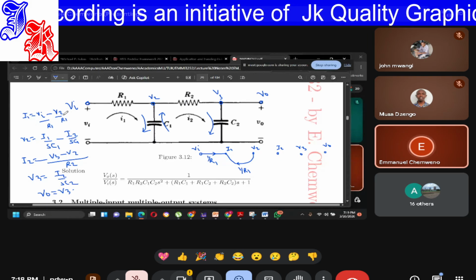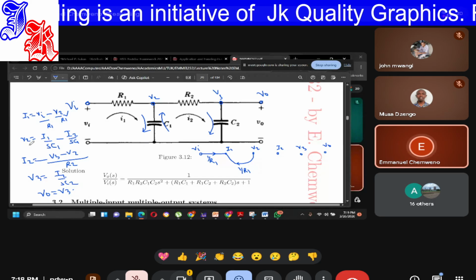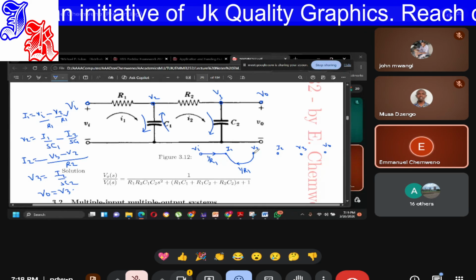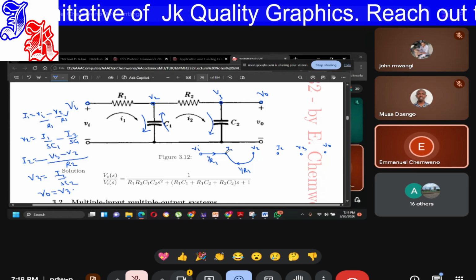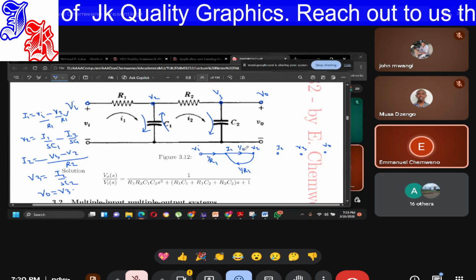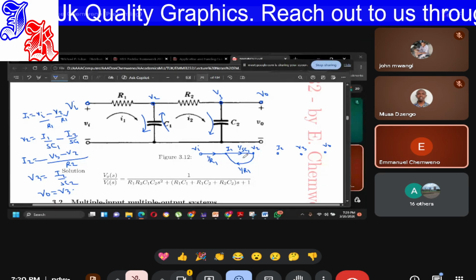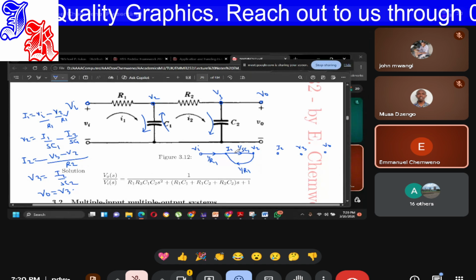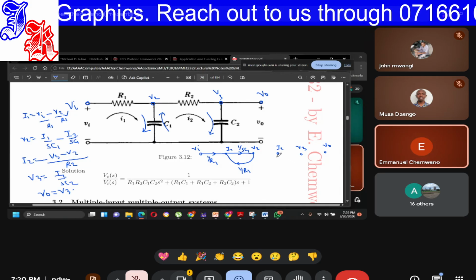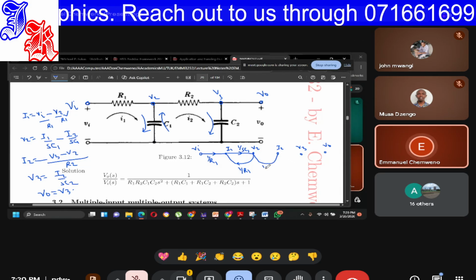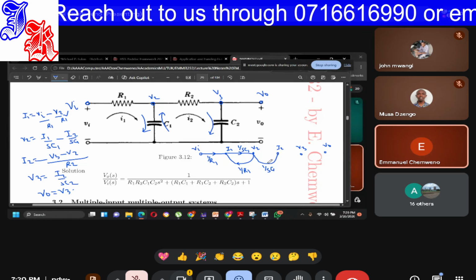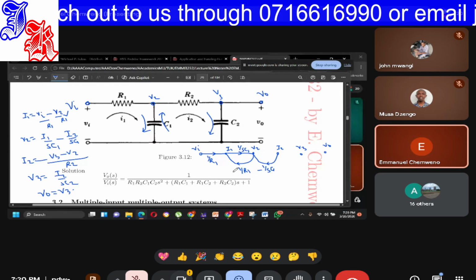So I've done this equation. V2 is 1 over SC1 I1, 1 over SC1 I1 minus I2 over SC1. So this I2 becomes 1 over SC1 I2. So minus,